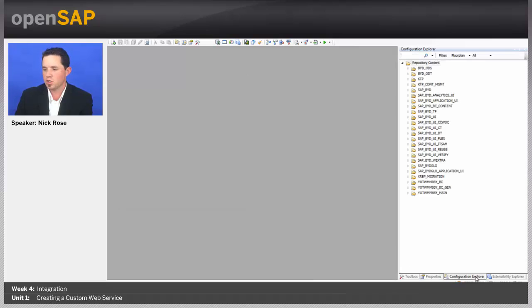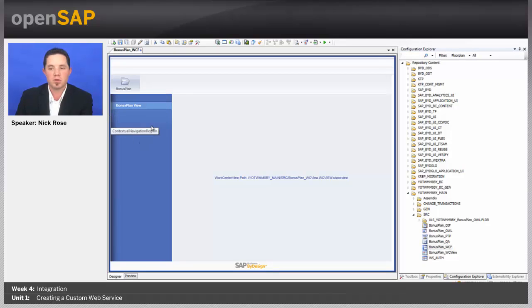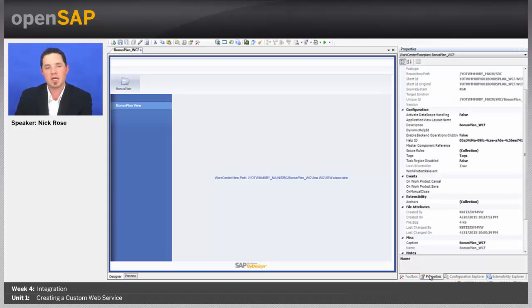I'm going to go to the Configuration Explorer. I'm going to look at Main, and I'm going to open up my Work Center for my bonus plan and this new view that I created. So let's go ahead and open the WCF file, which is my Work Center. And I'll see here's my bonus plan Work Center, there's already one view, the bonus plan work view, which shows my OWL, exactly what we tested already